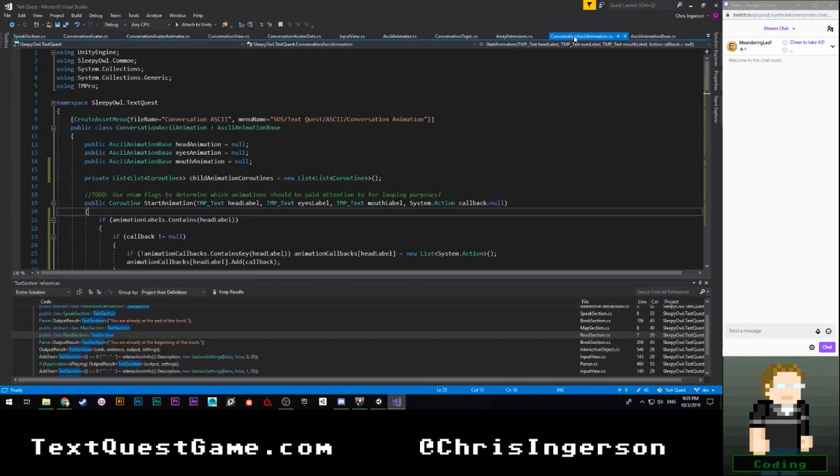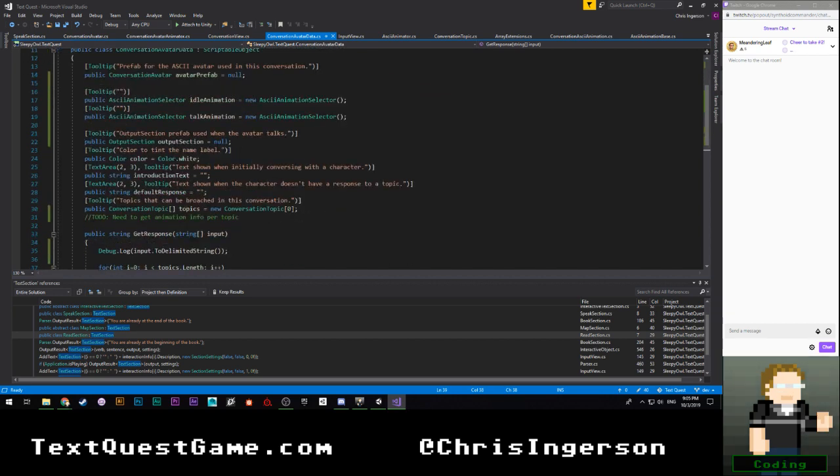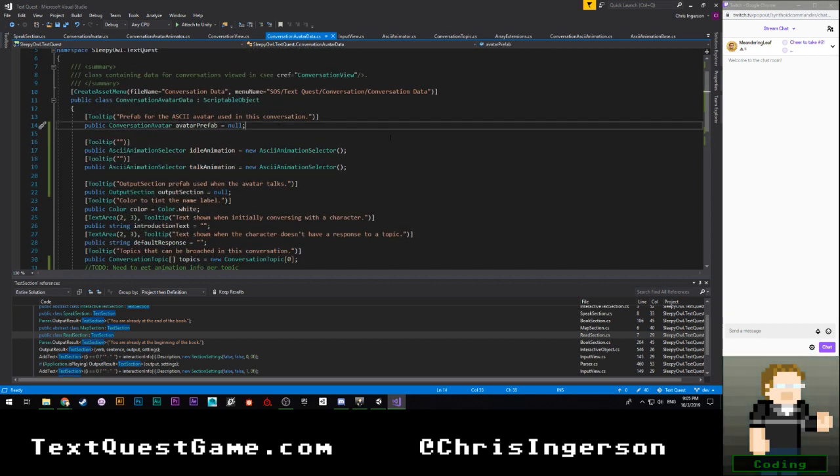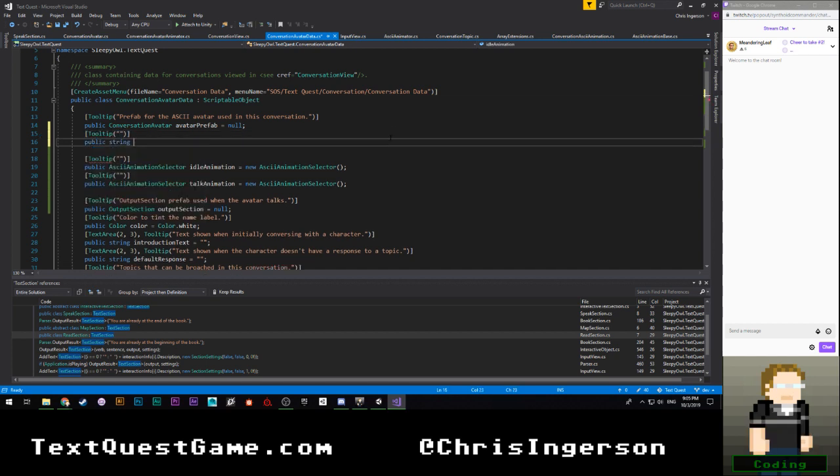I'm going to come over here to conversation avatar data. I'm going to just add a tooltip: public string default name is equal to whatever. It's going to be the name shown in the conversation view by default.